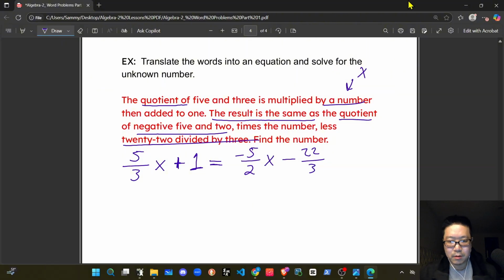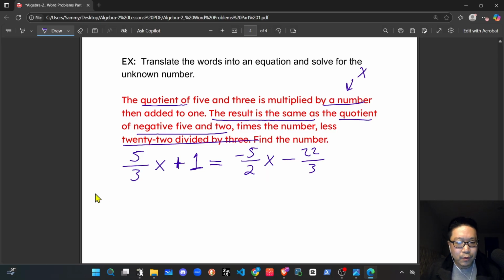Once again, it's telling us the quotient of 5 and 3. That's 5 over 3 multiplied by a number times x added to 1. Add 1 equals the quotient of negative 5 and 2. That's going to be the fraction negative 5 over 2 times the number x. Subtract 22 over 3. So to solve this equation,